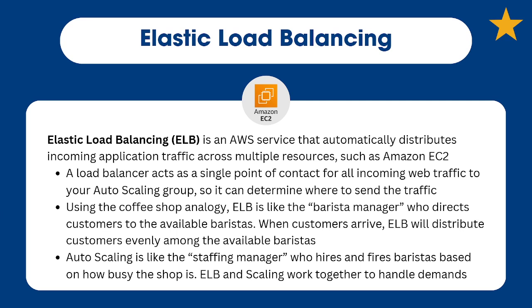So as we saw in the video, not only do we need to handle scaling, we also need to distribute the work among these instances that we scale out or scale in. So if you do add extra workers, who's in charge of telling the workers how much work they're going to do? Well, that's going to be the Elastic Load Balancer, or ELB. It's an AWS service that automatically distributes incoming application traffic across multiple resources, such as Amazon EC2. So it's not just used for EC2, but EC2 is the best example for what we're doing right now.